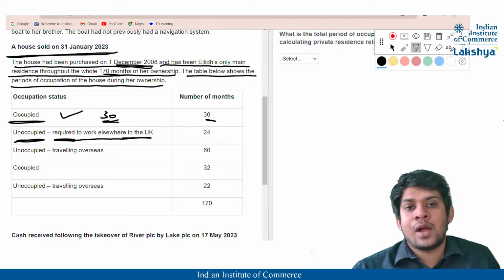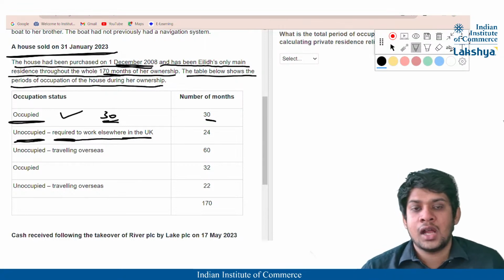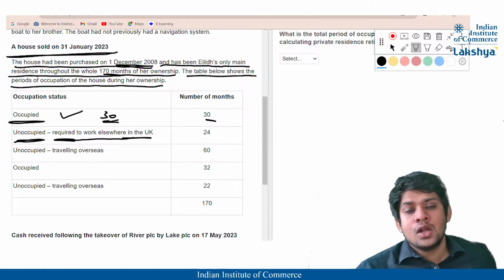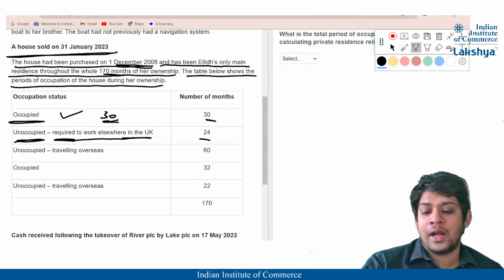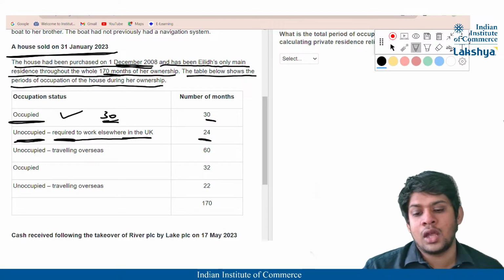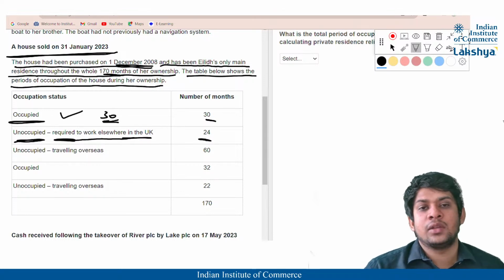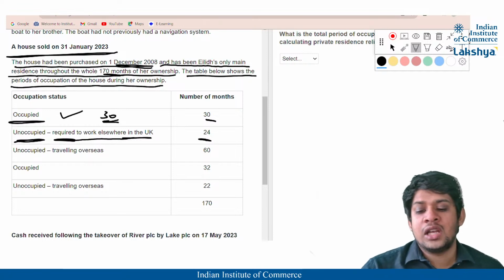So guys, when she is required to work elsewhere in UK, that means she is staying within UK, but because of her work, she is probably staying at a temporary workplace somewhere else or a temporary house she has taken on rent. So there she has stayed for 24 months, right? If she is working elsewhere in UK for up to a period of 4 years, then it is considered exempt. That means up to a period of 48 months, it is considered exempt. So she has stayed for 24 months. So this is also exempt,